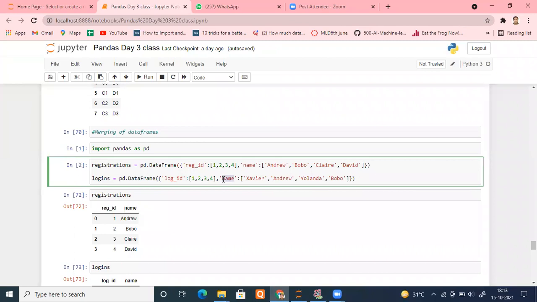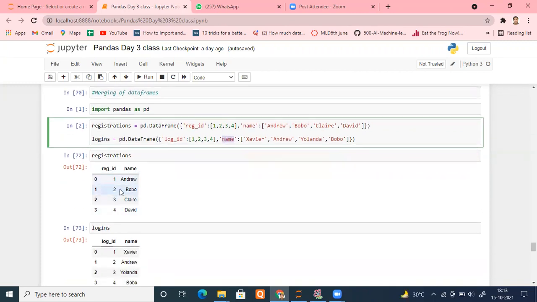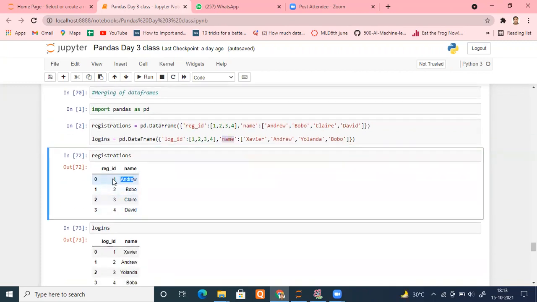You people came and started registering yourselves. The moment you enter, you are assigned a registration ID and your name is entered. Andrew came first, so a new registration ID was assigned. Bob came, a new registration ID assigned. Claire came, a new registration ID assigned. David came, a new registration ID assigned.